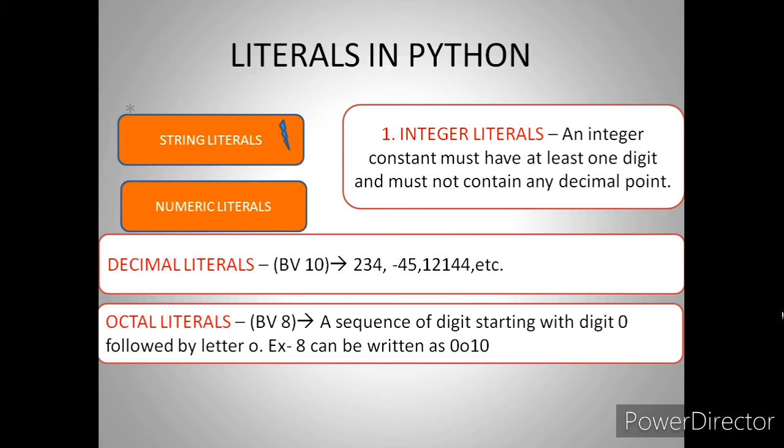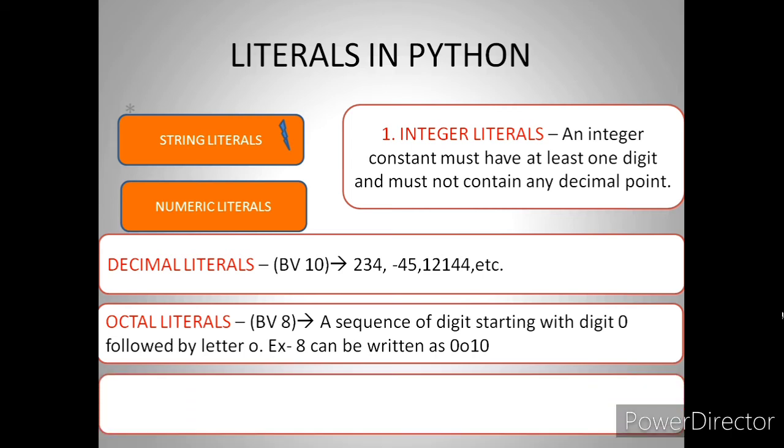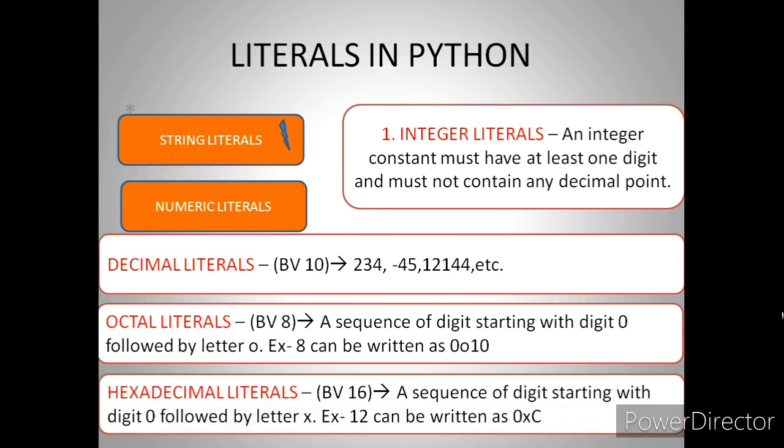Similarly, one more we have seen, the hexadecimal. So we have the hexadecimal literal also, whose base value was what? 16, if you remember. So that is written with what? 0x. So if a number is 12, we studied hexadecimal numbers, remember what the value of A was? What was the value of A in hexadecimal? 10. What about 11? B. So what will 12 be? C. But the hexadecimal number is to be followed with 0 and x.